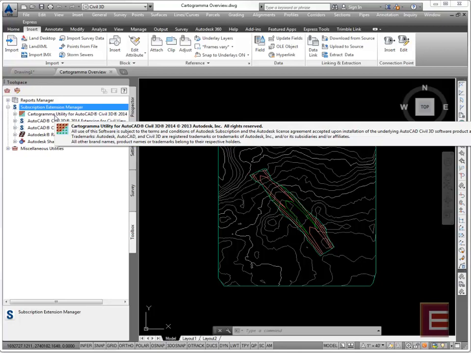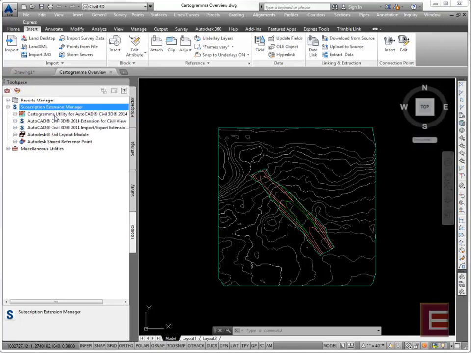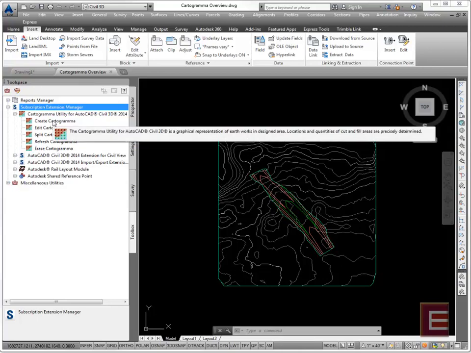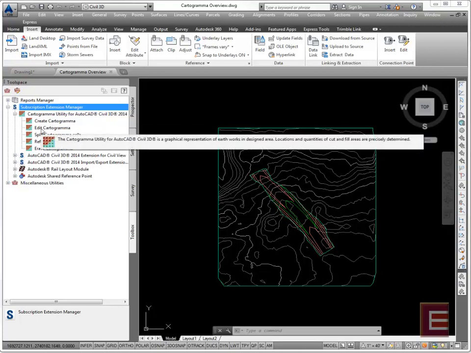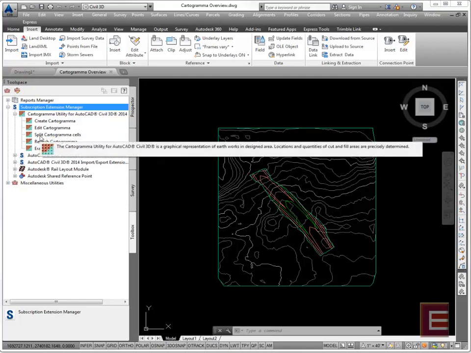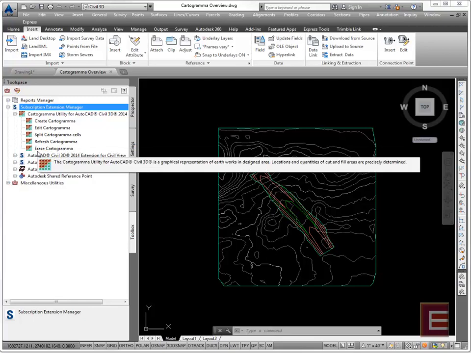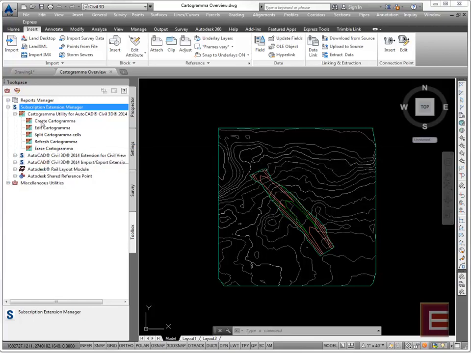The Cartogramma utility is a graphical representation of earthworks in a designed area. Location and quantities of cut and fill areas are precisely determined. So if I expand out this utility, we have 5 different options in here. We can create a cartogramma, we can edit a cartogramma, we can split a cartogramma, refresh a cartogramma, and erase a cartogramma. So if I'm going to create a cartogramma,